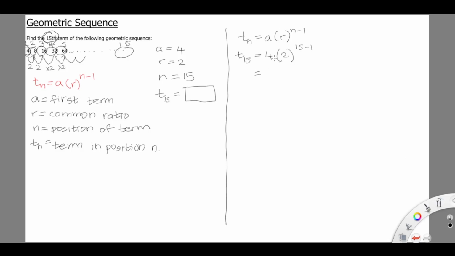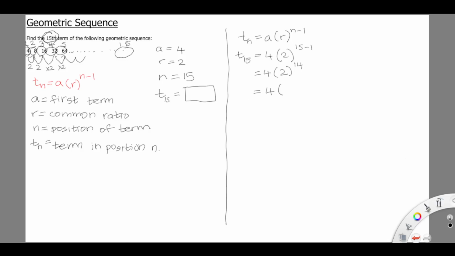Following BEDMAS order, a lot of people make the mistake of multiplying the 4 times the 2 first. We can't do that because that's a multiplication. And this 2 to the power of 15 minus 1, that's an exponent. And that exponent has to be done first before the multiplication. So the 4 has to wait its turn. In fact, even the 2 has to wait its turn. 15 minus 1 is going to be 14. Again, the 4 has to wait its turn. And 2 to the power of 14 is going to be,